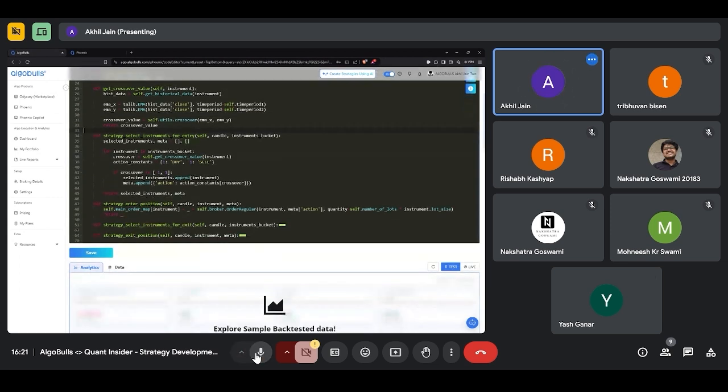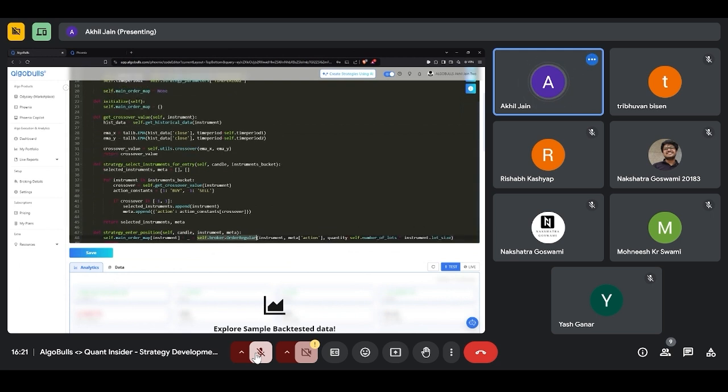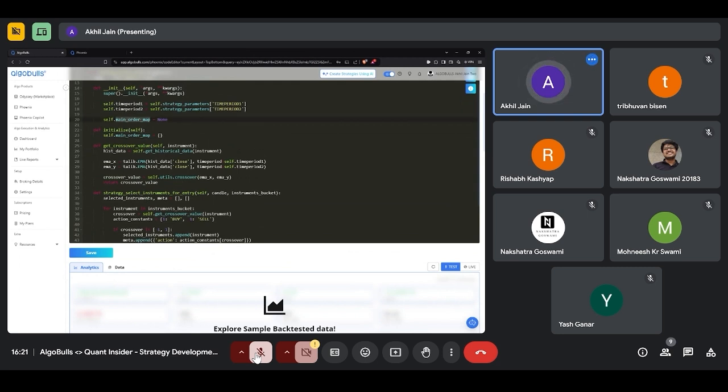Okay. I'll go to the second method, which is about actually placing an order. As an example, we said that this might be called 5 times because 5 of them got selected. So what I want to do is call another function called order regular, and I just want to place a particular order for that instrument. So at the start, we took a variable, which is main order map. What I want to do is store my orders in this for a very simple reason. During exiting, I would like to use this to pick up that particular order and just exit it if required. So for storage purposes, I'm using this particular variable.